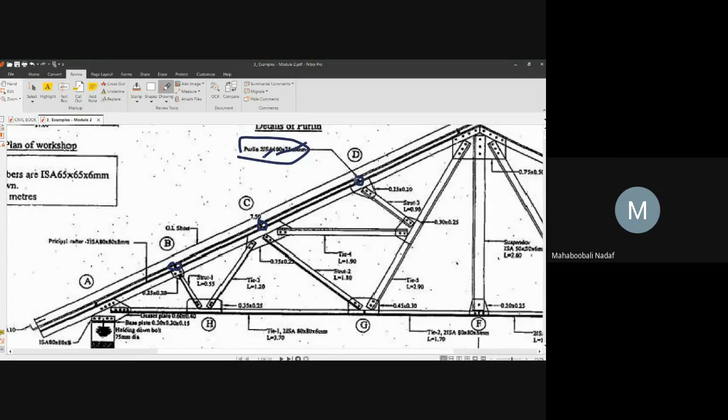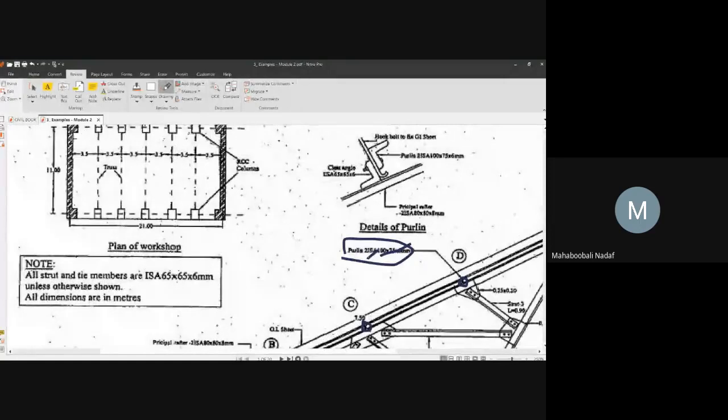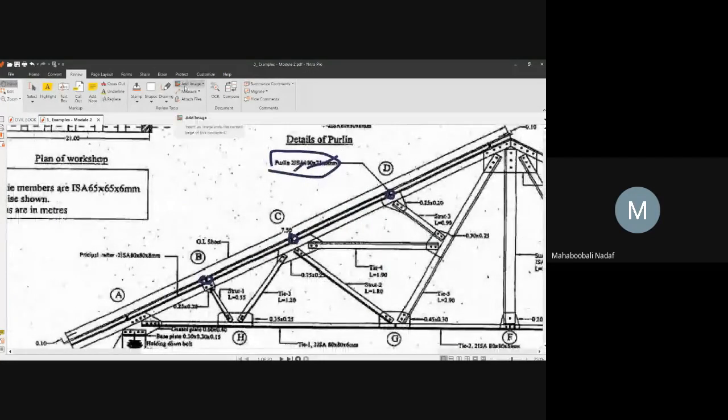Okay? So here like this, they are going to run. How much they are going to run in purlins? We have shown these going over like this. Yes or no? Purlins will run like this. That is why they have given in the cross section a rectangle. Yes or no? Yes, sir. Next component we are going to see is gusset plates.